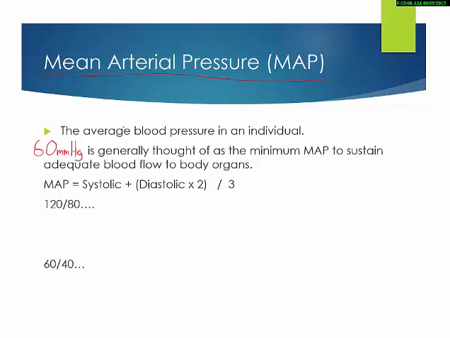This is the really simple math equation, and it's systolic pressure plus 2 times your diastolic pressure divided by 3. So if trying to figure out what the mean arterial pressure is, that's how you do it. So let's take a look at the classic example of 120 over 80. All right, if we're using this